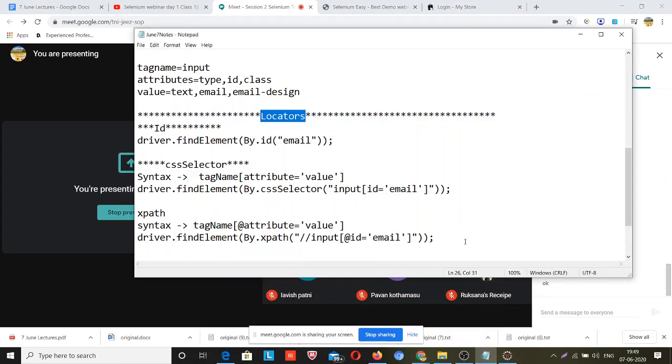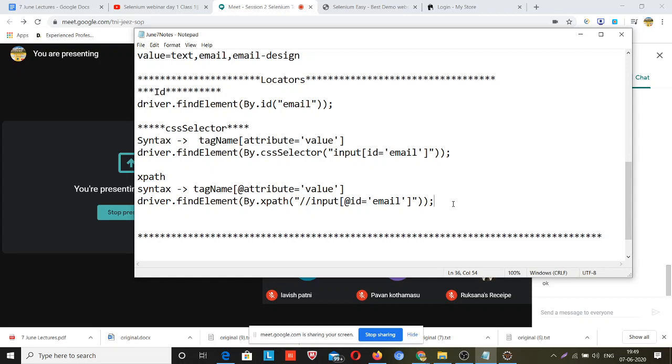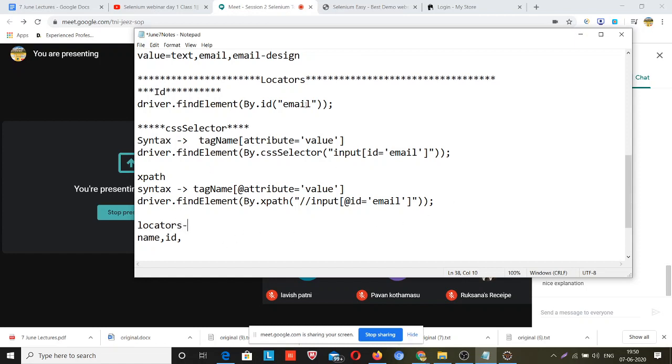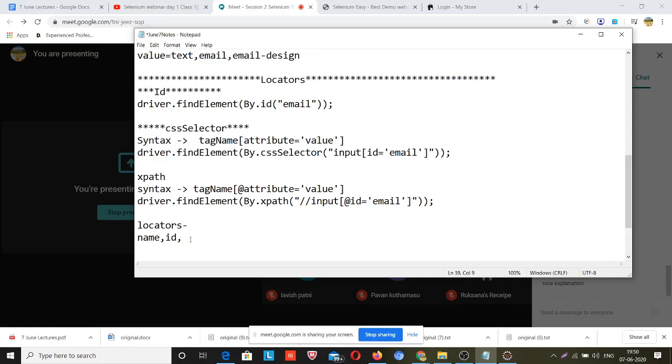There are around 7 or 8 locators available in Selenium. I have not counted, but some of them are name and ID. On the basis of these you can reach those elements. Locators are of different types. You can locate the web elements using locators, and there are several types of locators present in Selenium. So name locator, id locator,